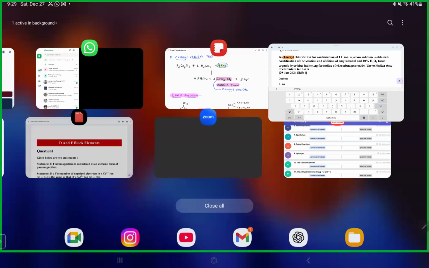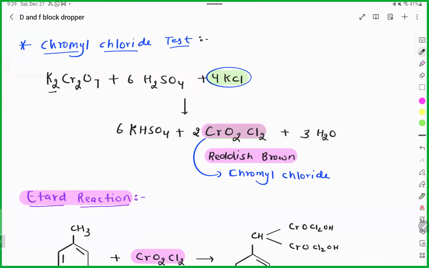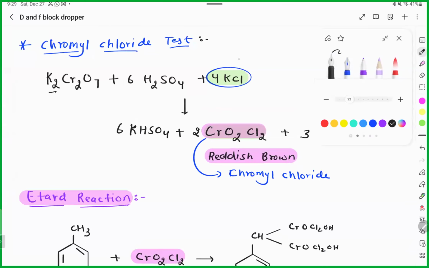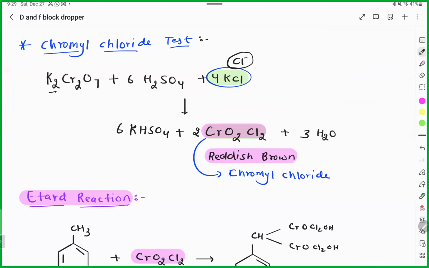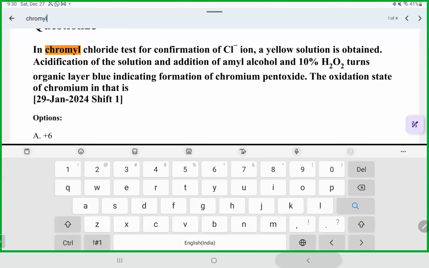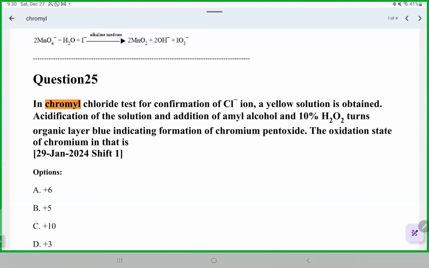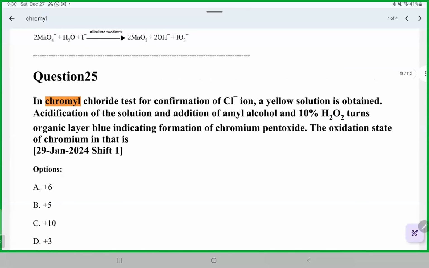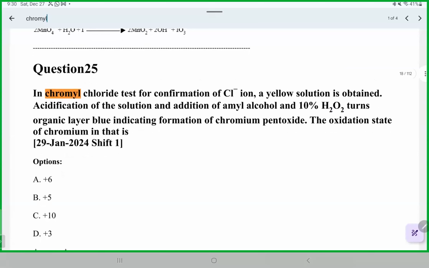How do we confirm Cl negative ion? Because you add KCl. KCl means Cl negative ion only. In the chromyl chloride test, confirmation of Cl negative ion, a yellow solution is obtained. Acidification of this solution, because we add H2SO4, addition of amyl alcohol and H2O2 turns the organic layer blue,